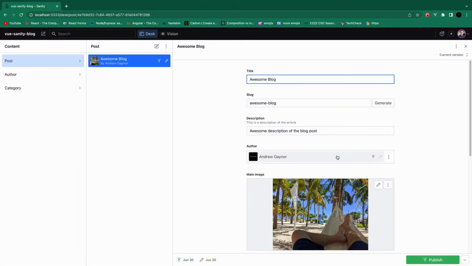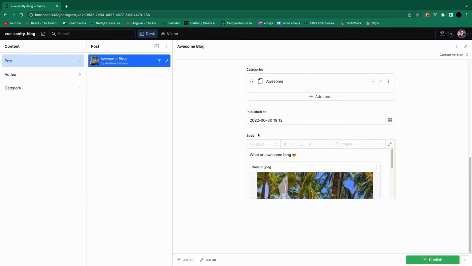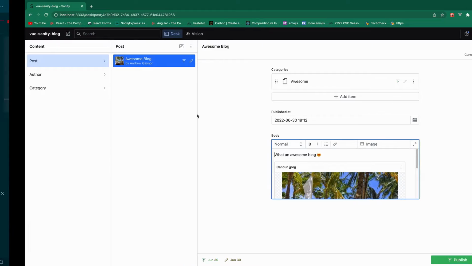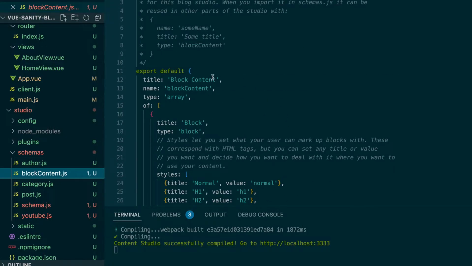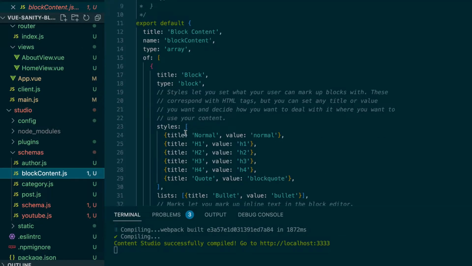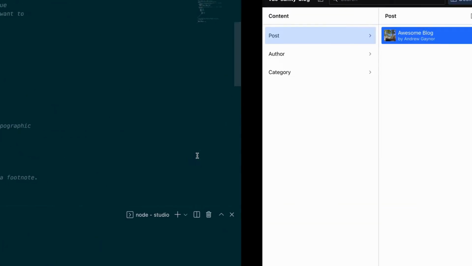So this just refreshed here because I saved. So this block content here, that is this block content here. So we named it block content. It's a type of array, and it's an array of all these objects. And all these objects, which some of them have array values, are all the different options